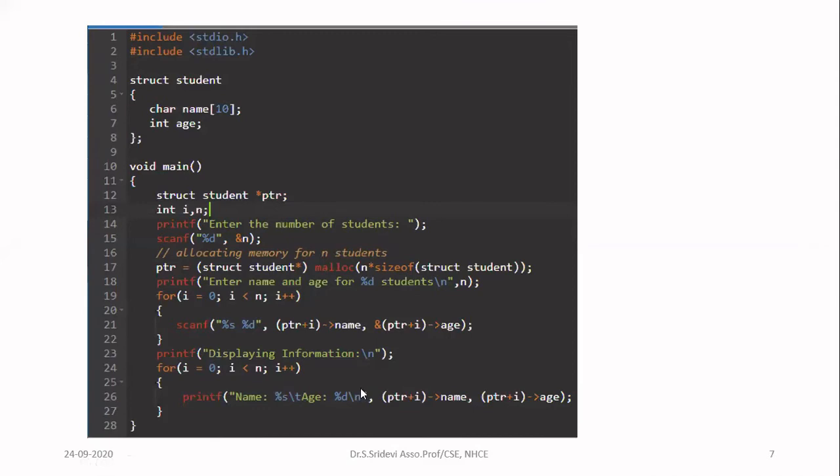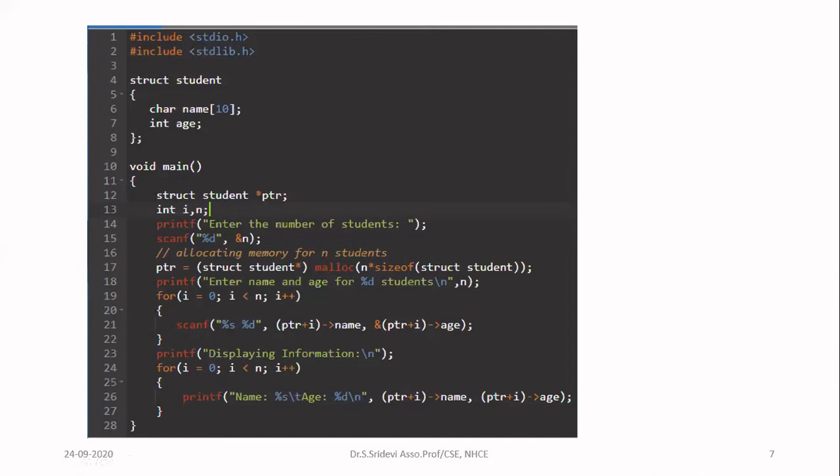Now let us see how to proceed with this. Okay, first I have to declare the structure. So I am writing struct student within parenthesis the members I am writing one by one. Now we will see how to go for dynamic memory allocation with this. First, you have to create a pointer variable because we need to go for dynamic memory allocation.